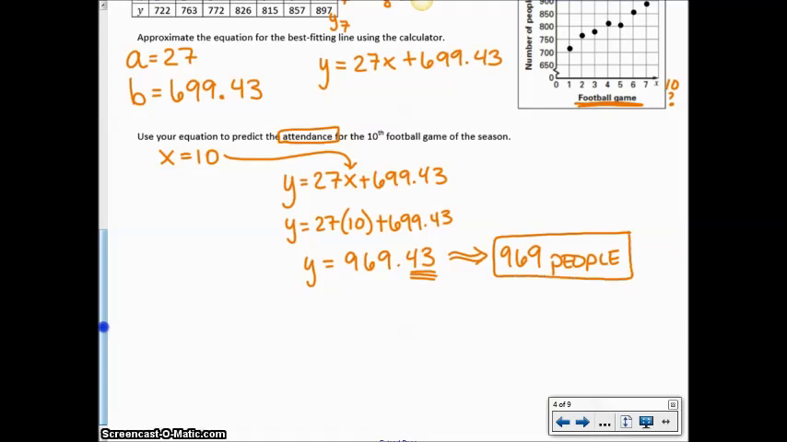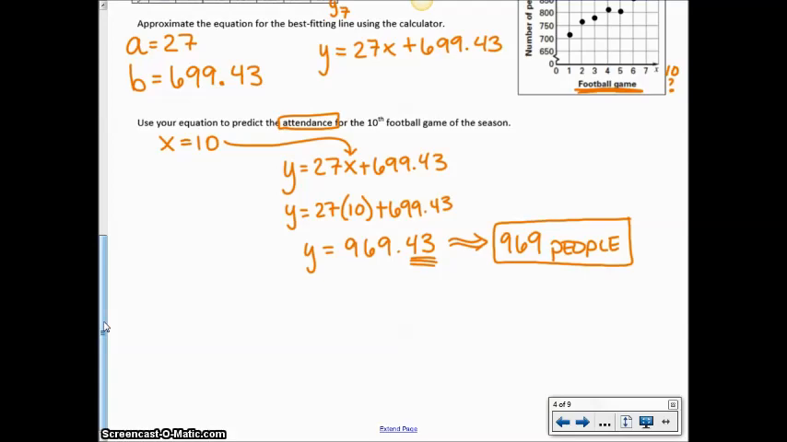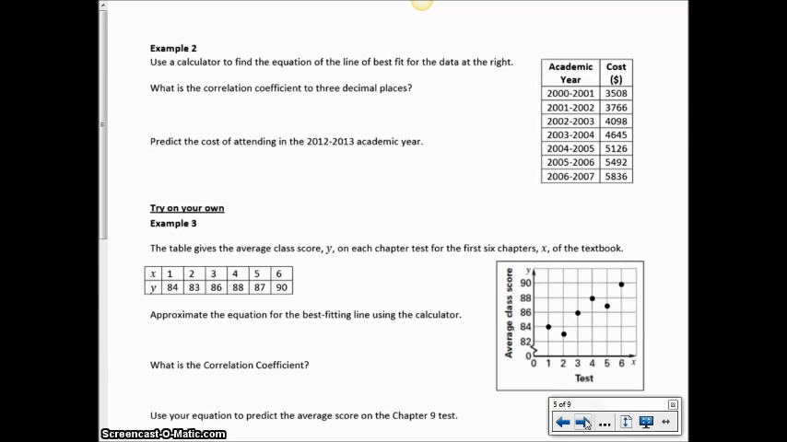So that's how many it would be. You can't round up because you can't create a portion of a person. Okay. All right, example 2. It says use a calculator to find the equation of the best fit line for the